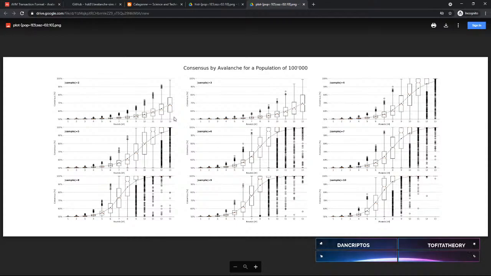What you've shown here is that you see all these outliers on 13 on sample 4, right? And then you go to 13 on sample 5, and you see it as 6 gets there's less outliers on 6's round 13, and even less outliers on 7's round 13. And as you go up, there's less outliers on round 13. So if you increase the number of rounds, you decrease the number of outliers.